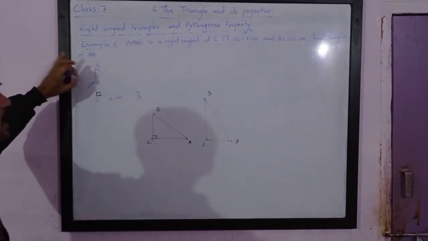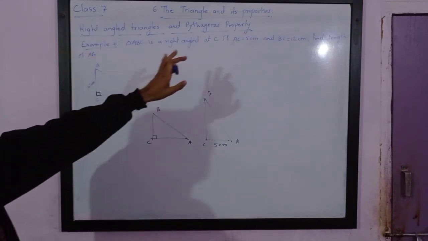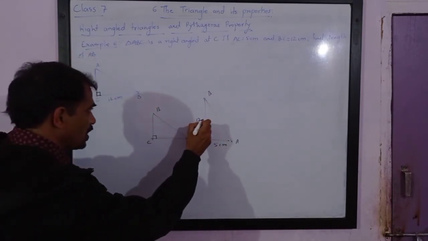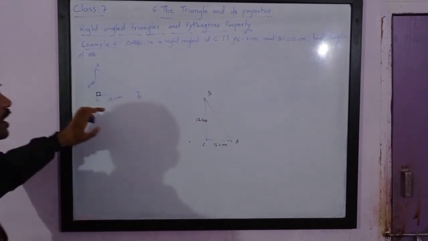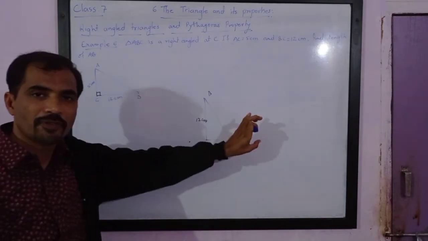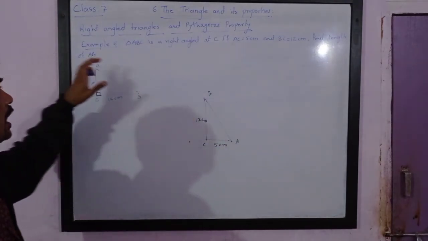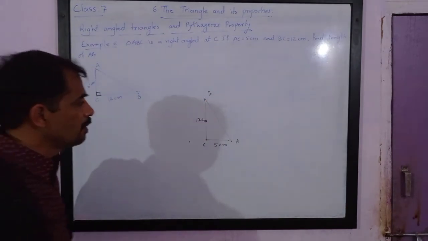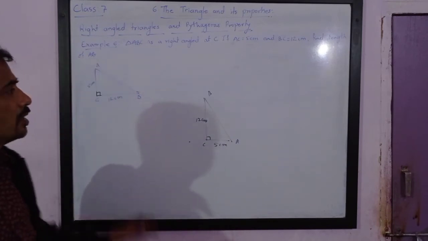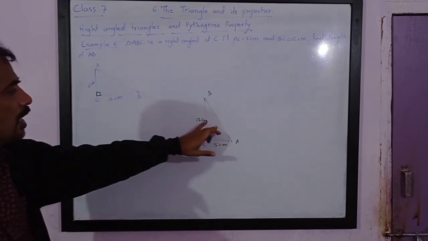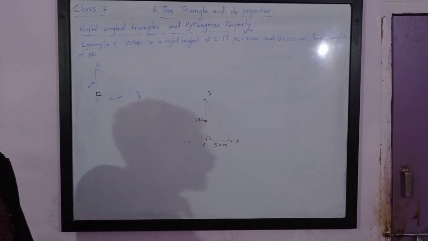Now we are given that AC is 5 centimeter. Then BC is 12 centimeter. You will get the figure either like this or like this as given in the textbook. Even if you draw the figure like this or like this, it means one and the same. Find the length of AB. AB is the hypotenuse. Please note, AB will always come opposite to angle C, and it will always be opposite to the right angle.